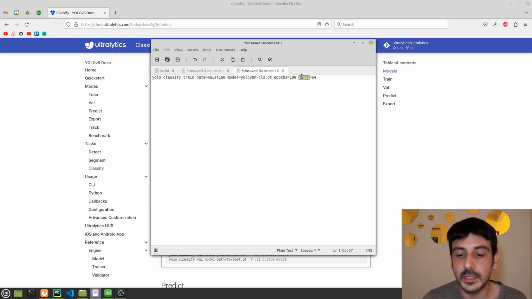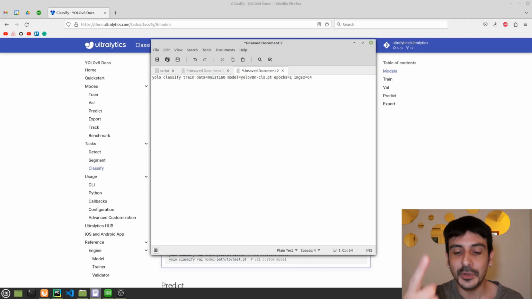I'm just going to leave this value in 64, but then I'm going to edit all the other values. Or actually, I'm going to edit number of epochs, and I'm also going to edit data. For the number of epochs, let's do something similar. I'm just going to do it for one epoch, so we make sure everything runs smoothly and properly, and then we can do a more serious, more real training for more epochs.